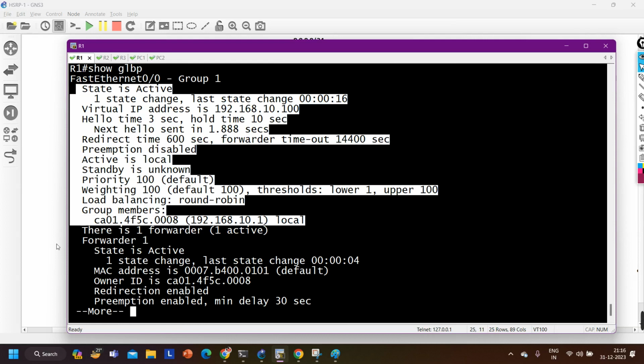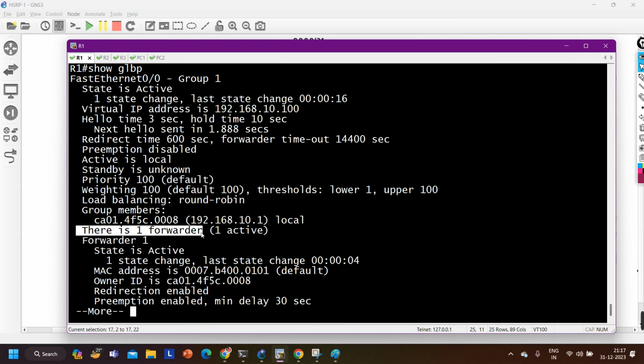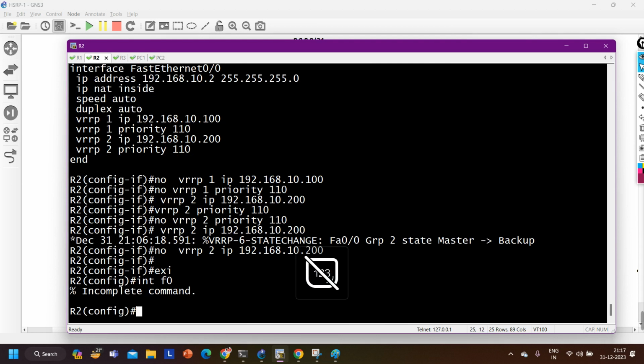This is information of AVG, and this is information of AVF. So there is only one forwarder, right? This router is the forwarder router as well as the gateway router, AVG, right? In the same way, on router number 2, interface F0/0